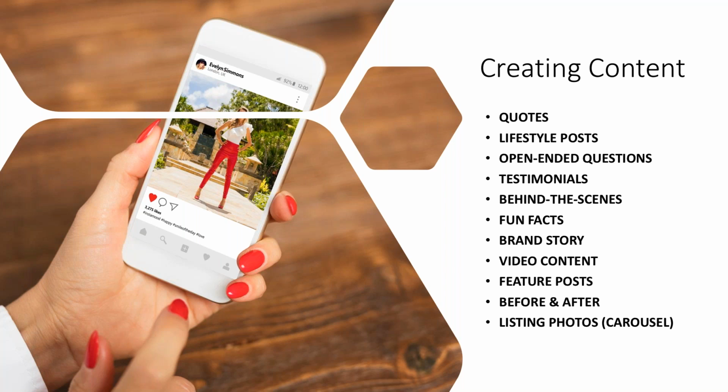Before and after photos, that's a no-brainer, especially if it's something that you had an influence in. Hey, this guy was with another agent for 6 months, and they couldn't get it to move at all, hardly any showings. But once they came over with me and I offered my expertise and best shared practices, we decluttered the home, we neutralized it, we gave it some love and curb appeal, and we had 3 offers within 30 days or 2 weeks, you name it. Before and after photos, especially when it comes to the carousel feature on Instagram, awesome opportunity for you to create traction and your brand. And of course, listing photos.